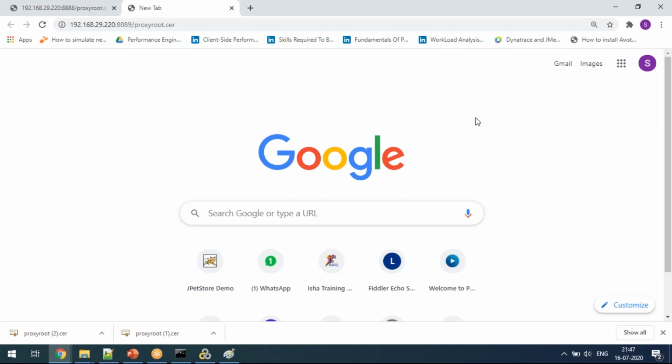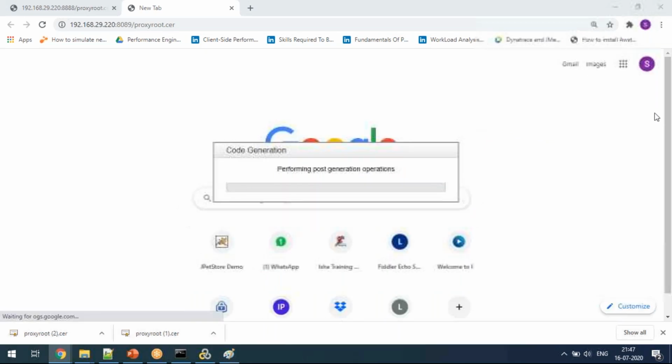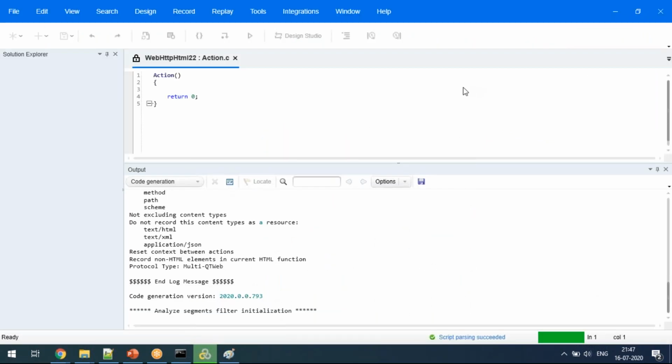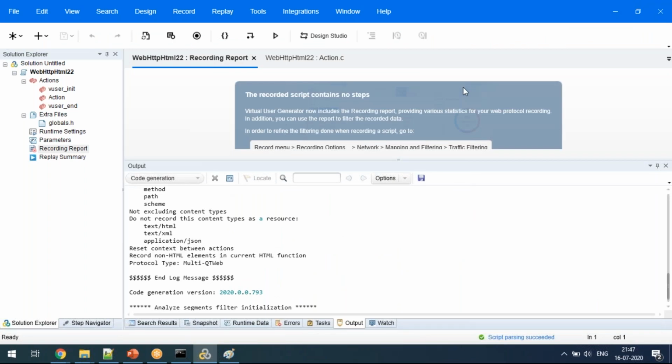Okay, installation I will show when we go for our regular session. Okay, sure. But should this root certificate be installed in both the machine with LoadRunner and the mobile, or is it only for the mobile? If you see how we are doing the communication, it is within the same machine. Definitely you should install it in your browser also.